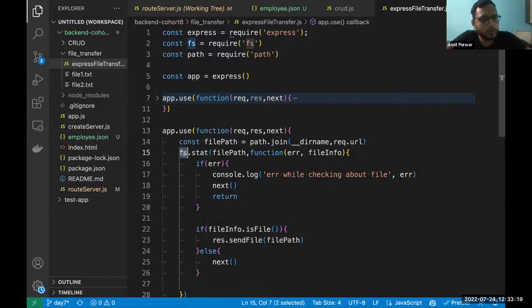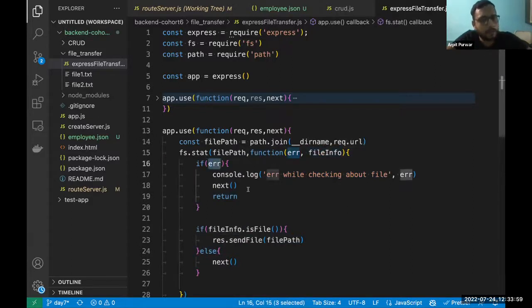And fs is a module which helps you interact with the file system, right? You can write, you can create a new file, you can create a new directory or a new folder, right? Directory or folder, same thing. And then you can create new files, you can update the file, you can append to the file, you can delete the file. All those things you can do with the help of the fs module. Here I was just using one method of the fs module, which was the stat method. In this stat method, we pass the file path and our callback, and in this callback, we will get two things: error or the information about the file.